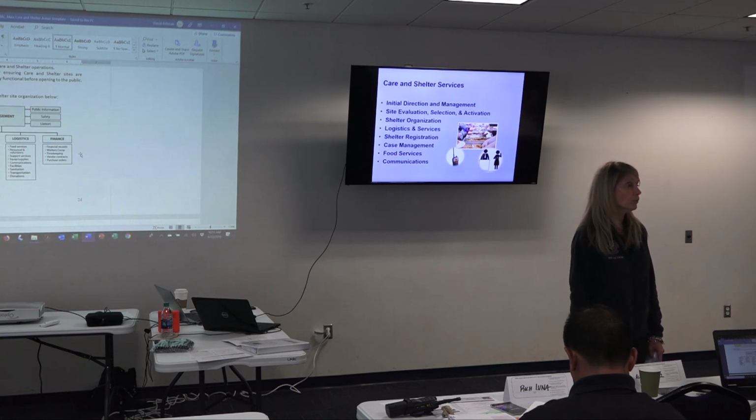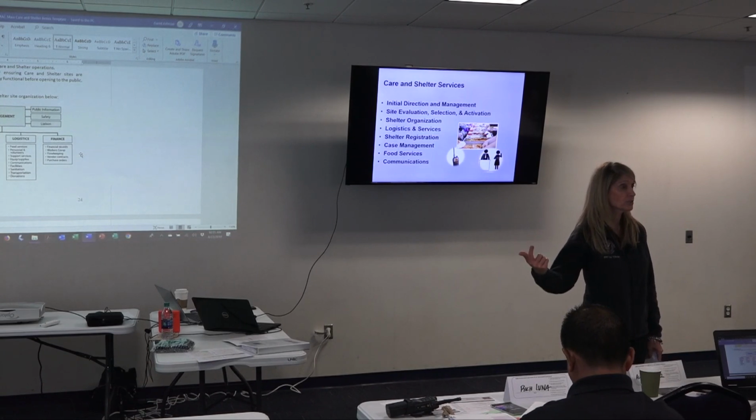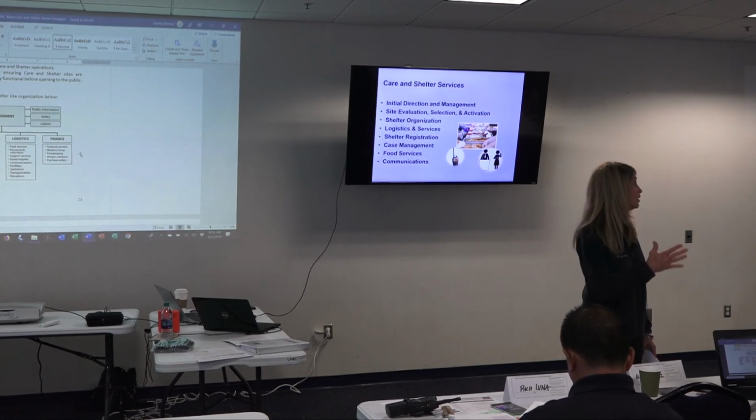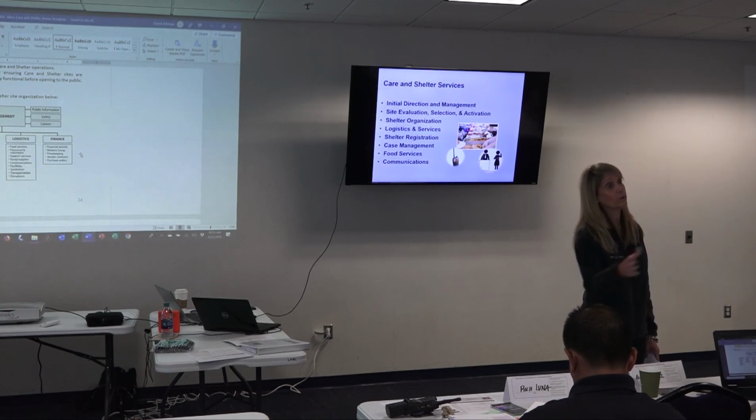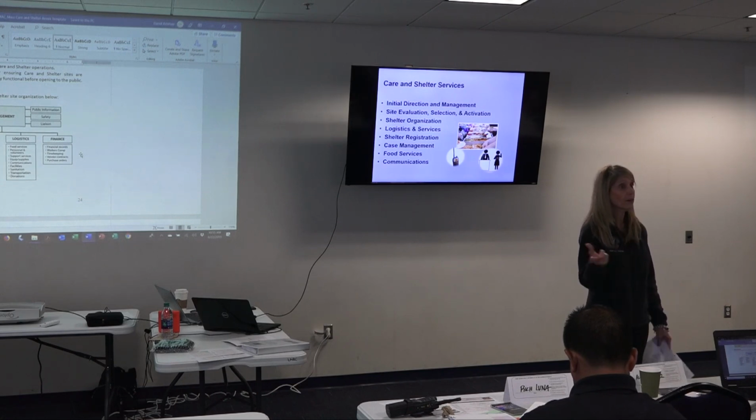Maybe you form agreements with the other jurisdictions around you and you all purchase a couple of shelter caches and share those if you can. There are a lot of different strategies to address that, and I'm not going to go into them here, but you have to think about city-managed shelters where American Red Cross is unable to provide those resources. How are you going to activate